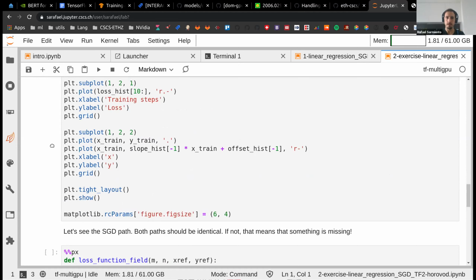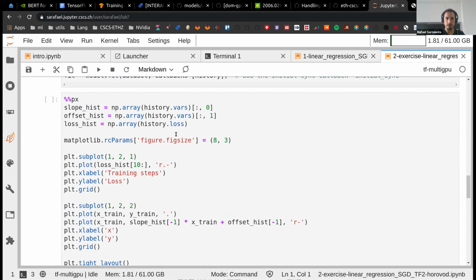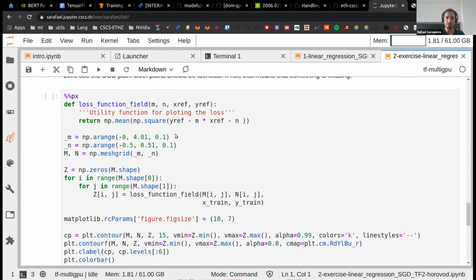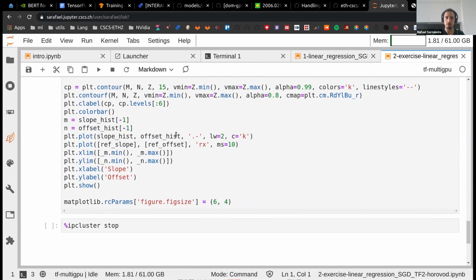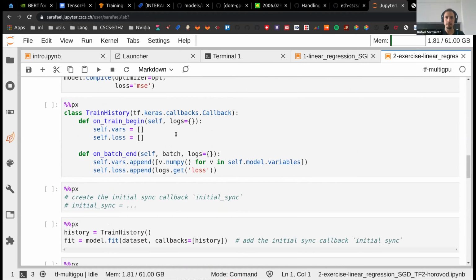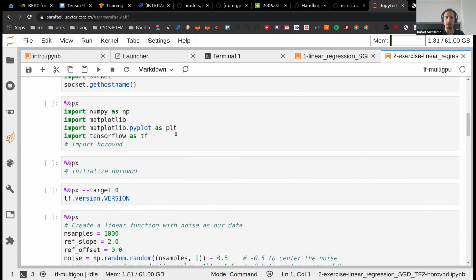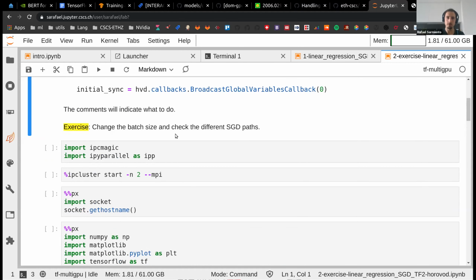Okay, so perfect. It's the same thing as before. You just make it work with Horovod and try different batch sizes and see what happens. At the end, you will get two plots, one for each node. And before you start, please,